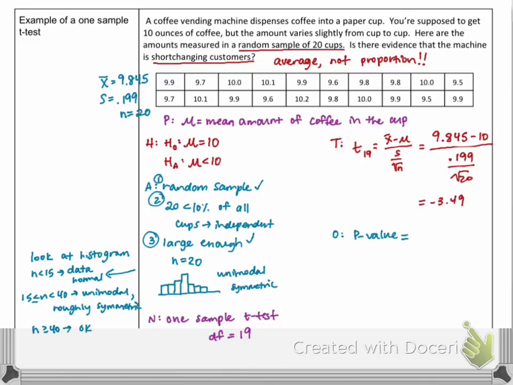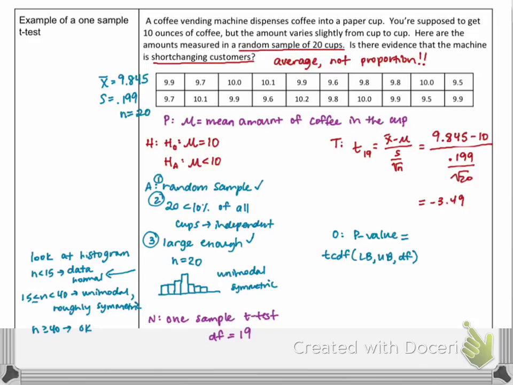And we're going to obtain our p-value. To get your p-value, this is where you normally would do normal CDF with your z-score, and you just go from your lower bound to your upper bound. This time we're going to do something really, really similar. So grab your calculator, press second vars, and go to TCDF. So I think it's like option 6 or something near there. And you're going to do roughly the same thing, where you're going to give it a lower bound and upper bound, and then you've got to give it the degrees